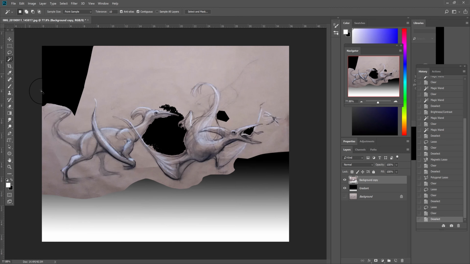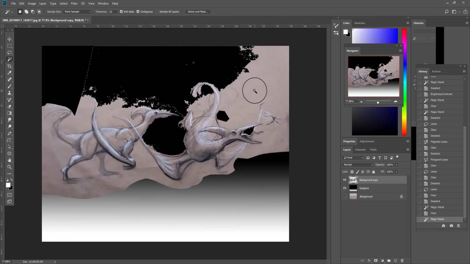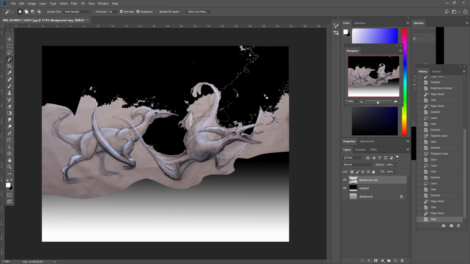Magic Wand tool again. See what it gets here. Hit delete. I've got a nice big chunk, but you can see it leaves a lot of mess. And it's because of the unevenness of the lighting. When I took a picture, I just used a regular cell phone